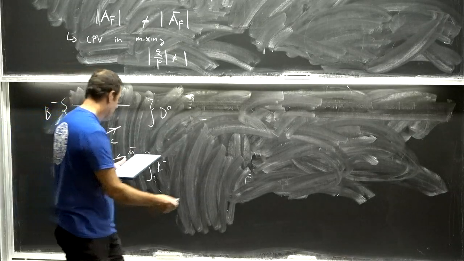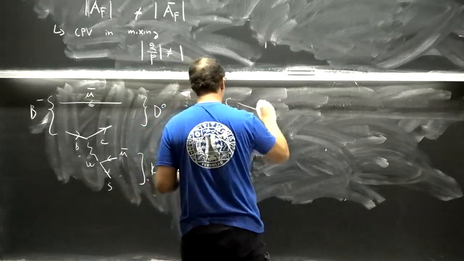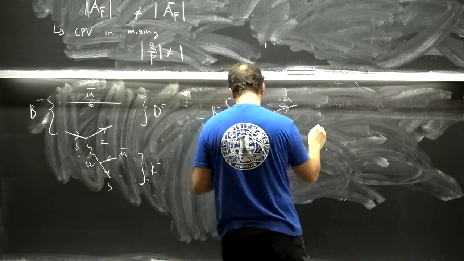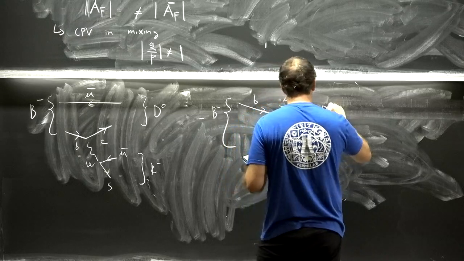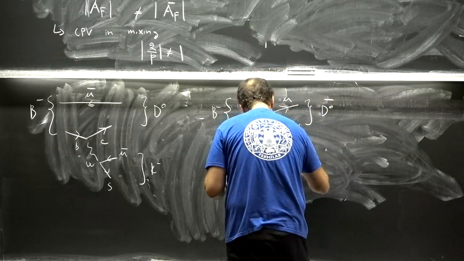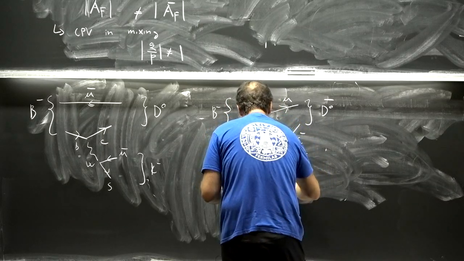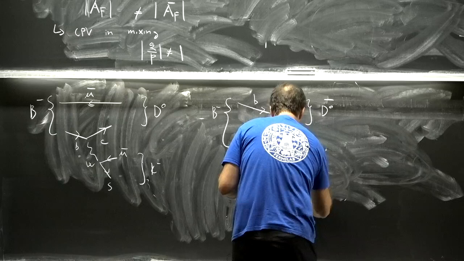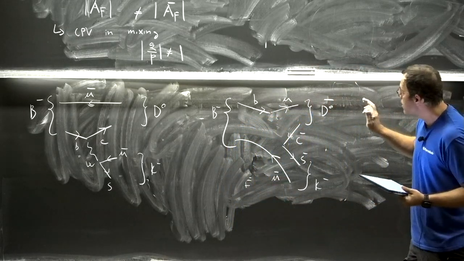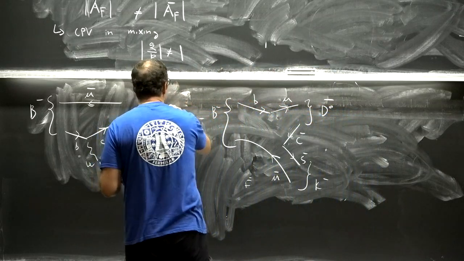B minus to D0 bar, C bar, S bar, with a U bar, K minus. All right. So the first thing that needed to happen was this D0 and D0 bar, they need